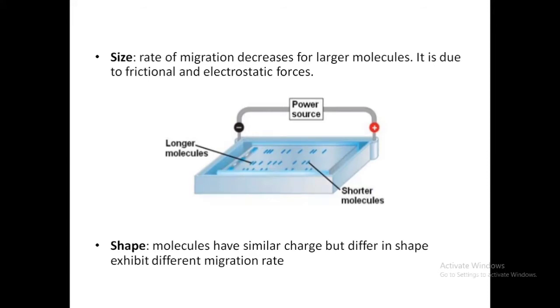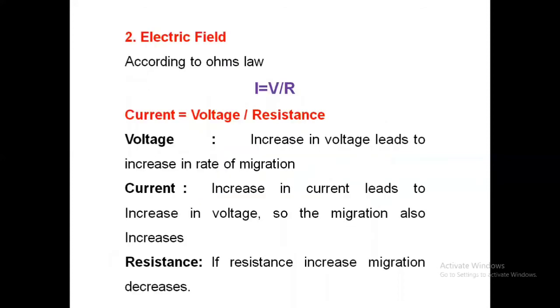Now shape. Remember, a different shape means even though it has the same charge, it will show an effect on migration rate. For example, sodium has a positive charge. Then you take other compounds which have the same positive charge. Charge is the same, but if you change the shape, for example rectangle, cylindrical, spherical, like that we have different shapes, so shape also will show an effect on your migration rate. Remember, even though the charge is the same, if you change the shape, it will show an effect on your migration rate. So that is about the first parameter, sample. Under sample what I covered: charge, size, shape. Now I am moving to the second parameter, electrical field.